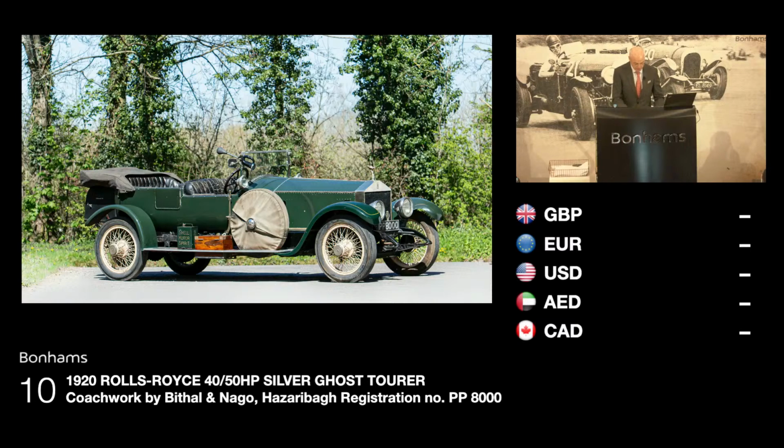The Silver Ghost Tourer were one of the most expensive, if not the most expensive, motor cars to acquire in period. The Ghost was one of the most finely engineered cars of its day. This example now carries Tourer coachwork, conversion work undertaken in the 1930s, we feel, in India, and remarkable history known on it. So the Ghost, 1920 Ghost, and well, again, bit of interest already, and I can open at 55,000